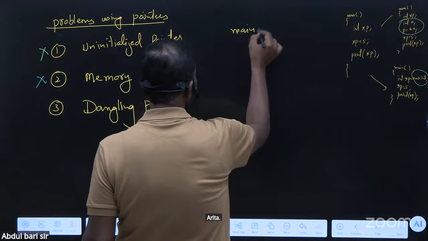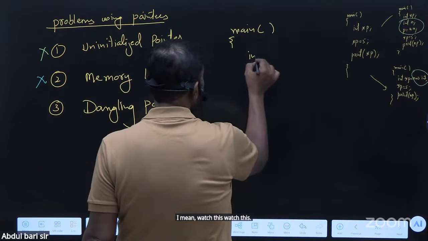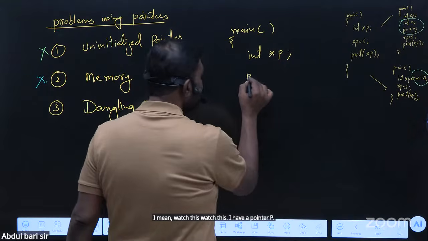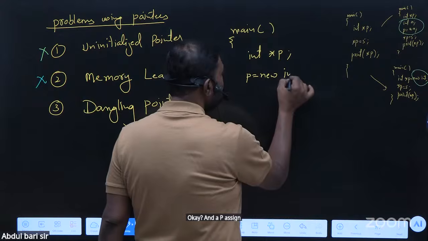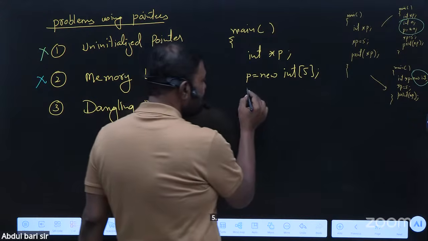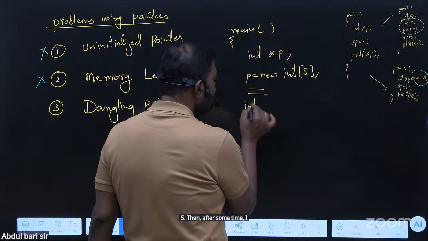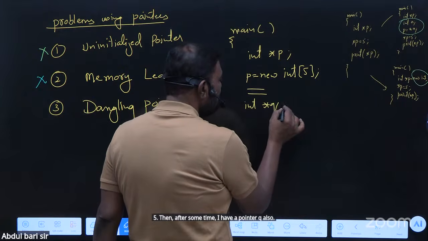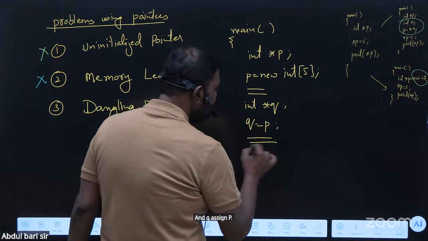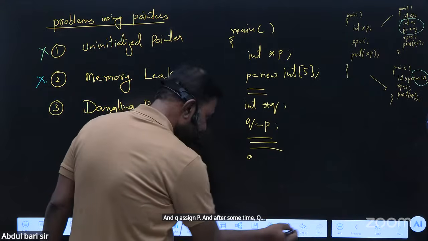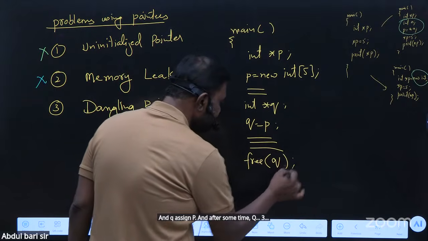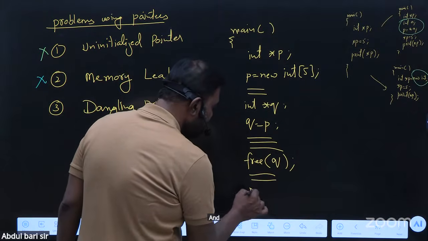Main. Watch this. I have a pointer P, and P is assigned new int of size 5. Then after some time, I have a pointer Q also, and Q is assigned P. And after some time, free Q. And after some time, you want to print